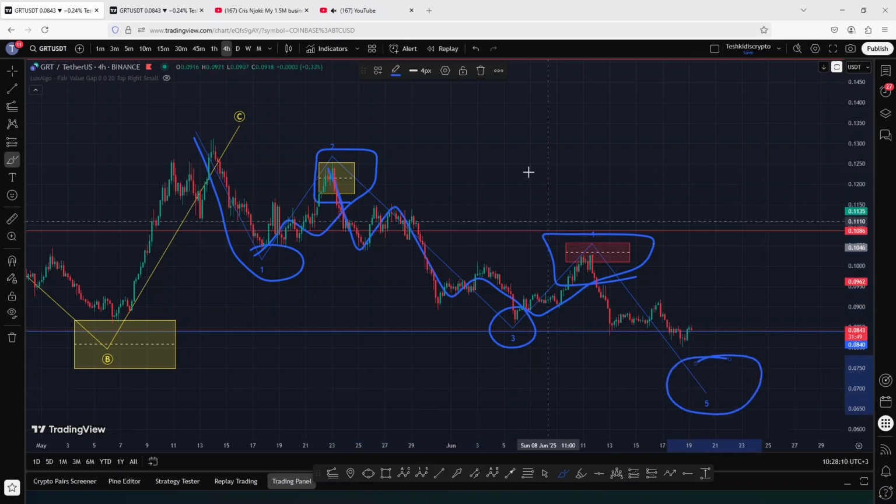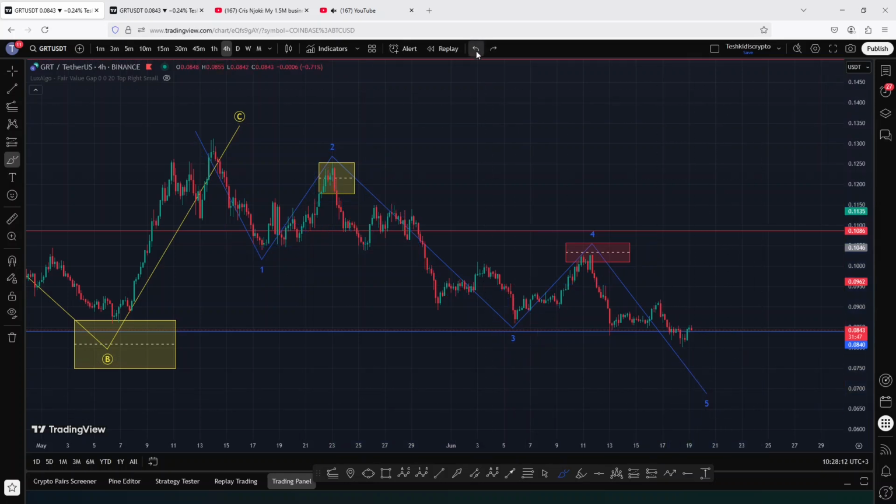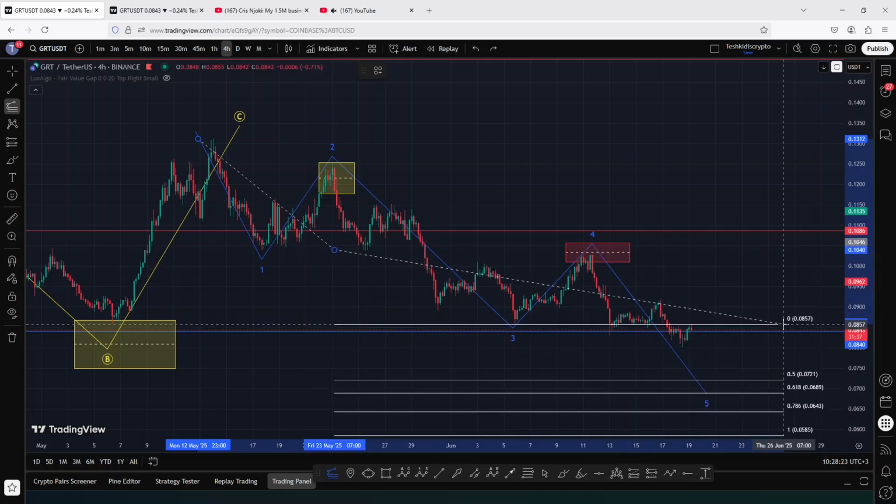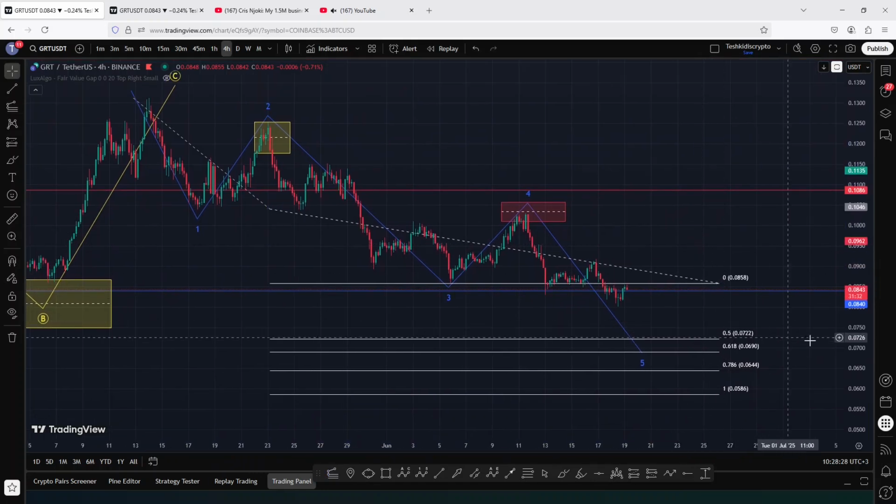and whatever is unfolding is the formation of that wave 5 to the lower side, whose minimum target areas can be given by connecting the Fib extension from the high of the first wave to the low of that wave 1, then connecting the Fibonacci's to the lows we made in the formation of that wave 3, and also doing the area that you need to pay attention to as your next breakdown target area lies on the Fib level 0.618,